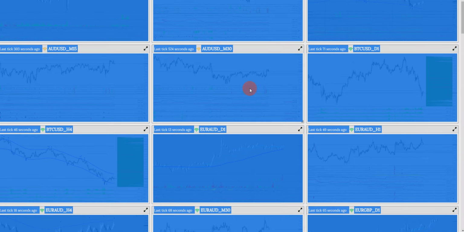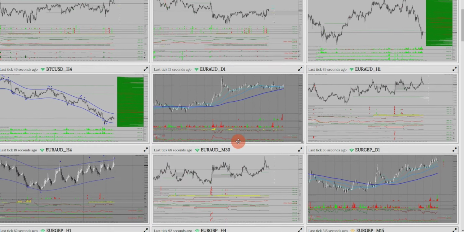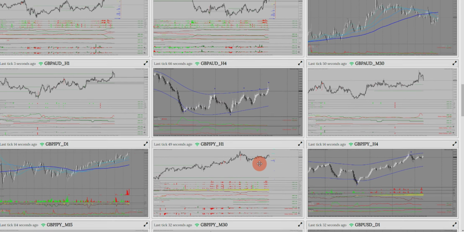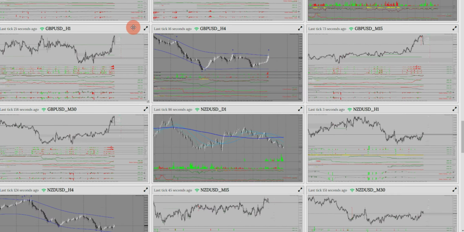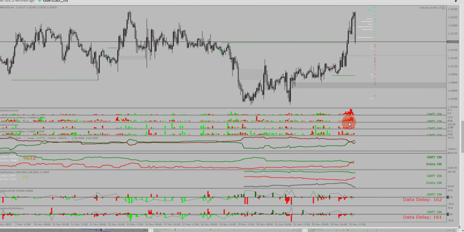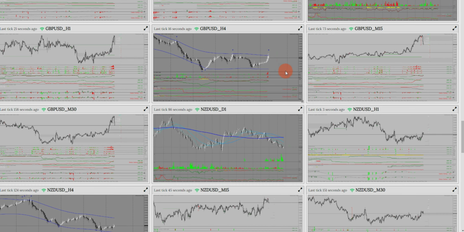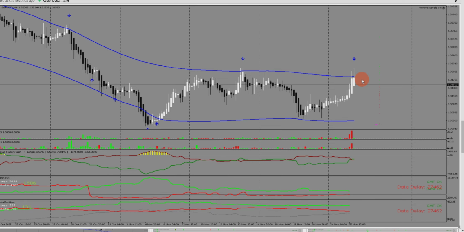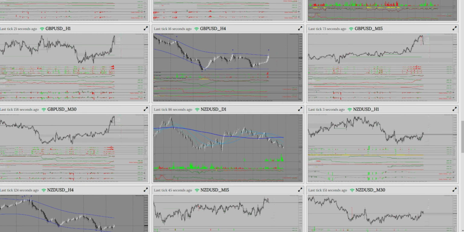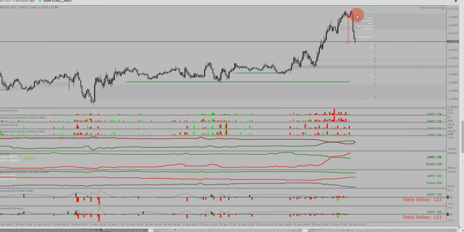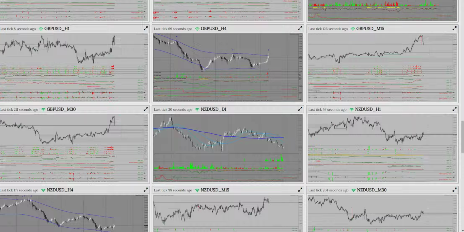Okay, the same applies to cable. Let's go to cable. So it did this pullback today, but now it's coming already back down. So in a nutshell, we are in reversal territory. Okay, so if some longies come in, they can come down back to the range and eventually even to the LTS. Yeah, so keep that in mind. Cable filled this OST by the pip. Very precise move here. Okay, so that's those pairs.